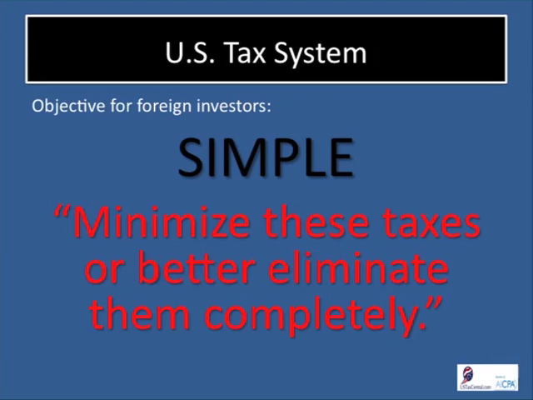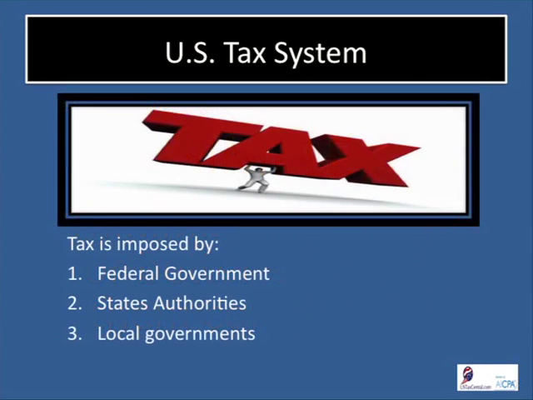So this is where issues like structuring really become important, because based on how somebody structures can determine how much tax they are paying. So structuring is very, very important, and just the taxes that are imposed, how taxes are imposed in the USA. Taxes in the USA,